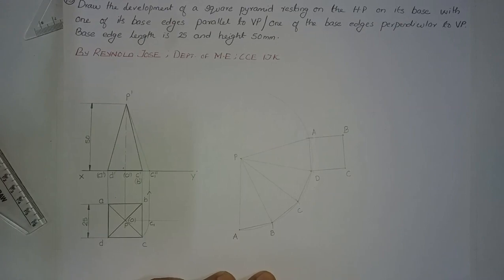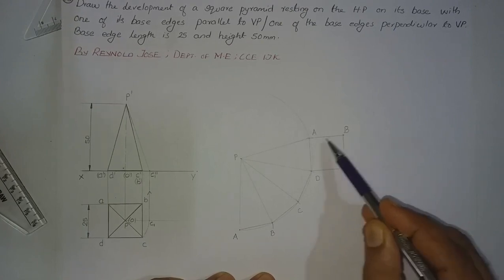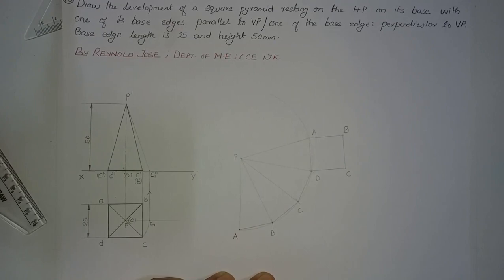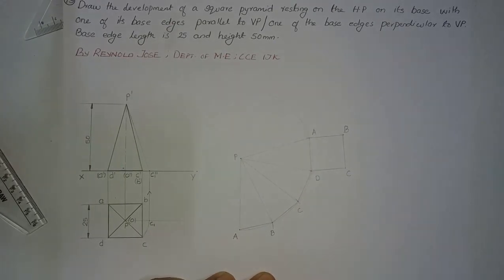Now we have to draw thick lines along the outlines of this development. So it must be only along the outlines of the development. So what is the outline of this development? It is PA, AB, BC, CD, DC, CB, BA and AP. These lines are not a part of the outline. This line is also not a part of the outline. So other than the 4 lines which are mentioned here, all the rest of the lines we have to draw as a dark line along the outline.